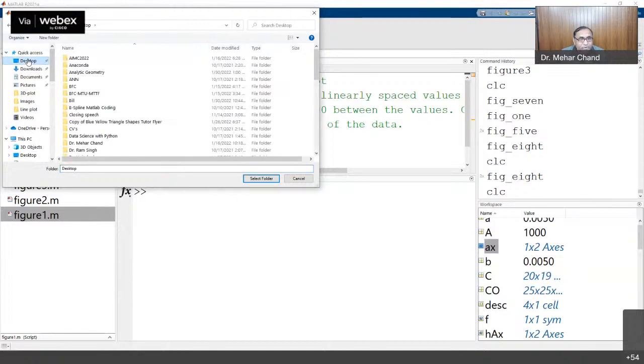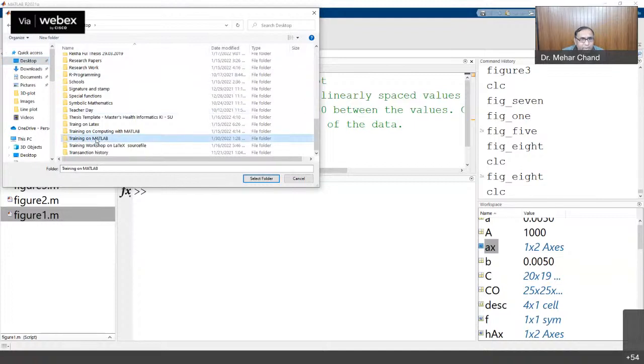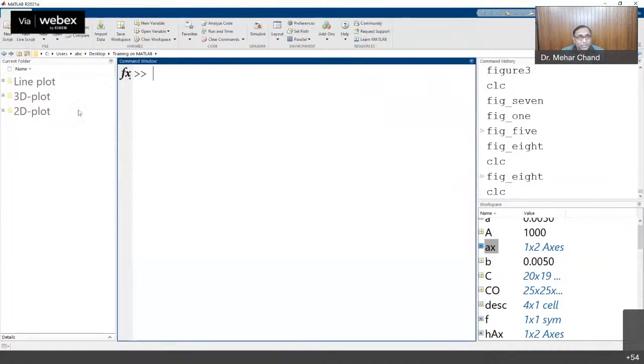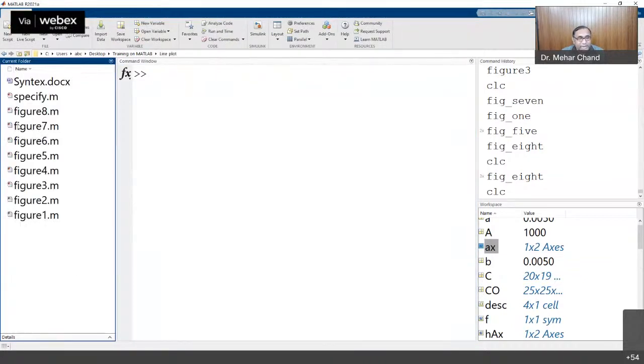I have the folder on the desktop. The name of the folder is training on Matlab. I select this one, and when I select it, you can see all the folders are displayed at this place. So first we will target this folder, and all these are line plots, and I have